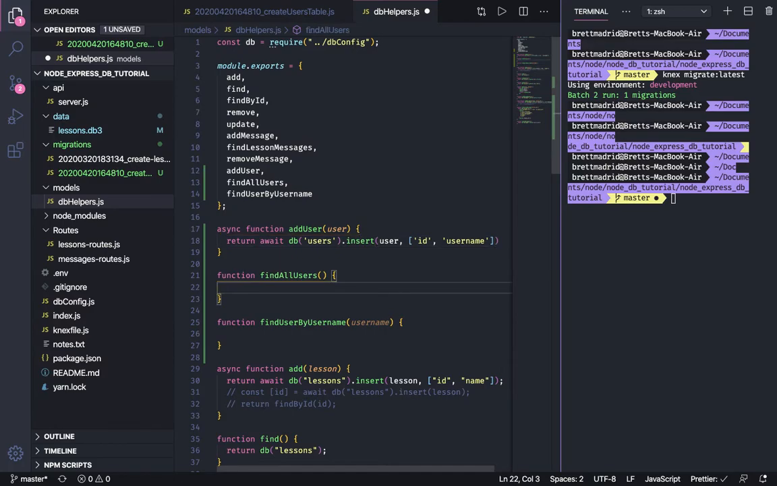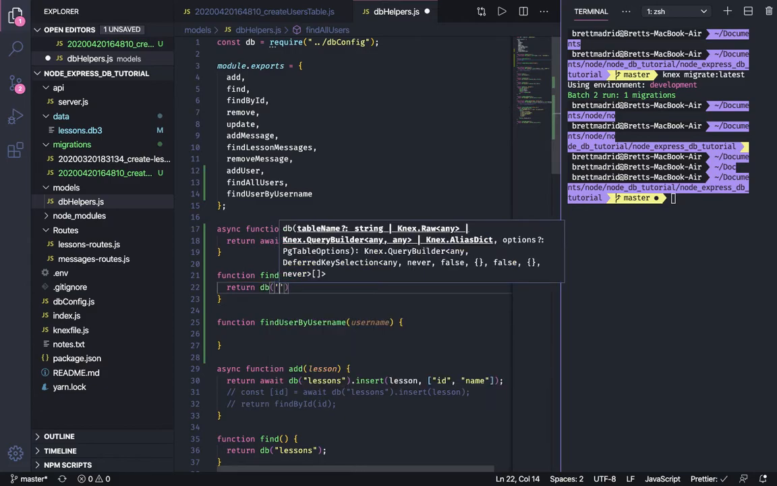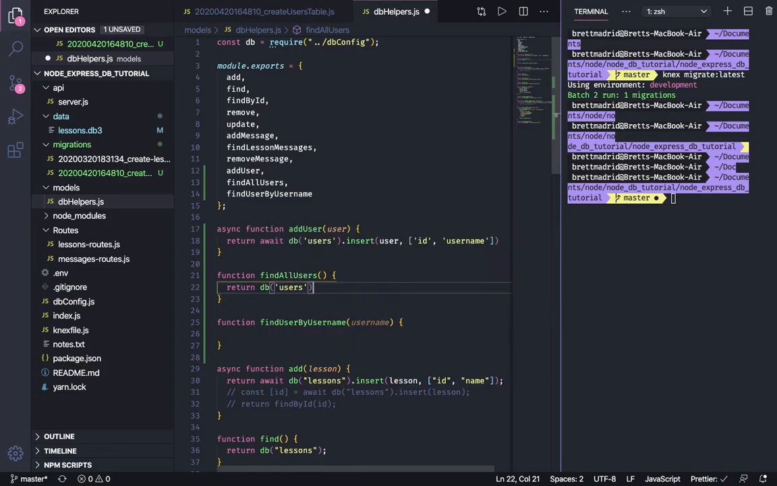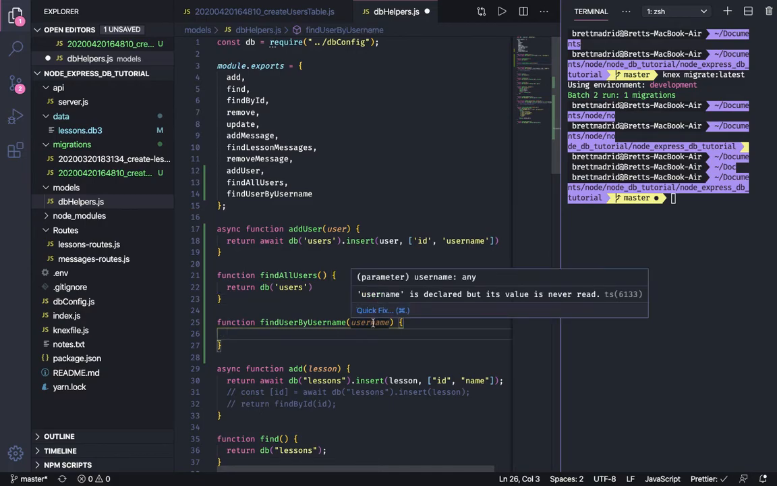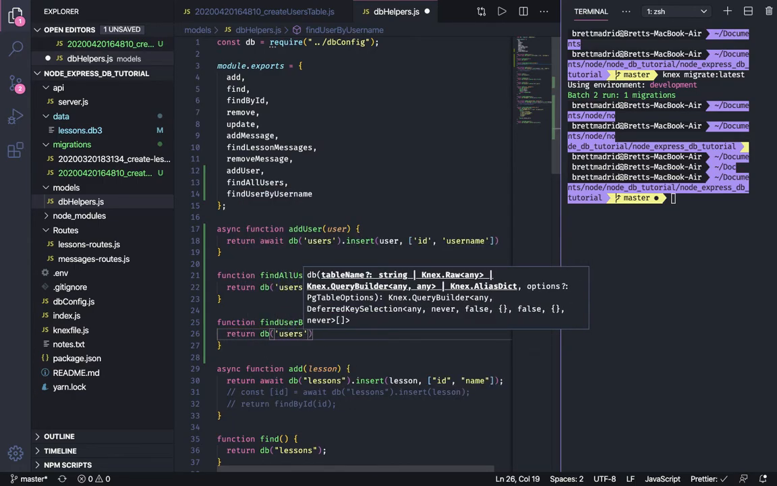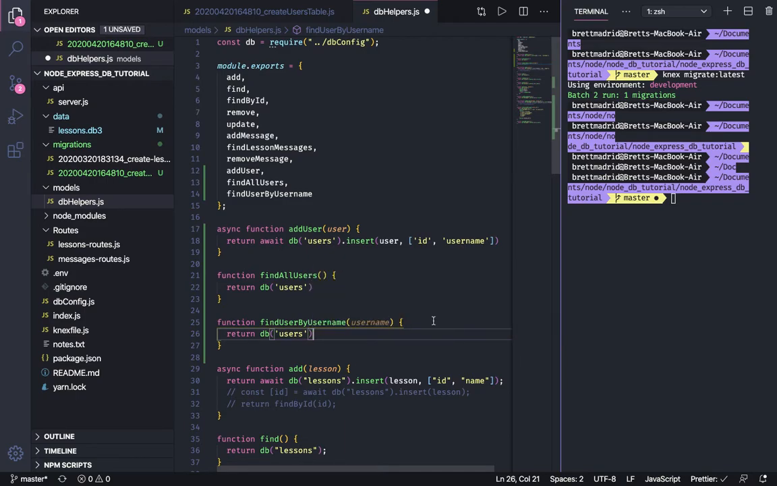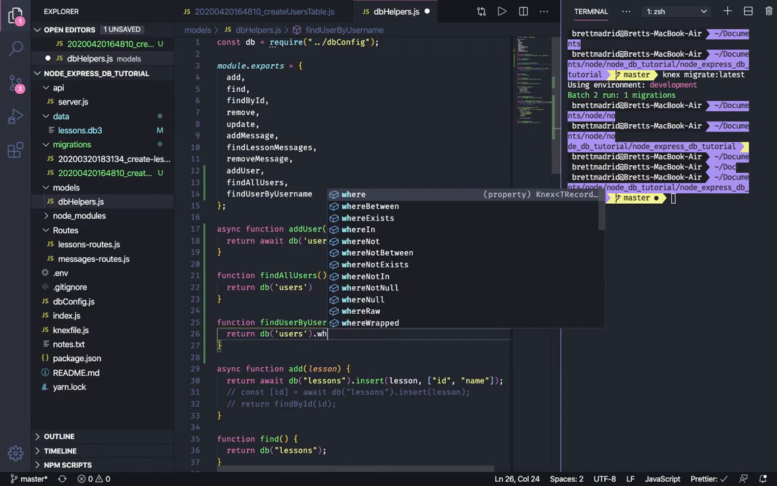Let's write this find all users. This should be really easy. Return DB users. And that's it for that one. It'll return all users in the table. And so now let's do this final one where we're passing in the username. And then this would be return DB users. And so what do we want to return? We want to return where the username equals the one passed in. So where,